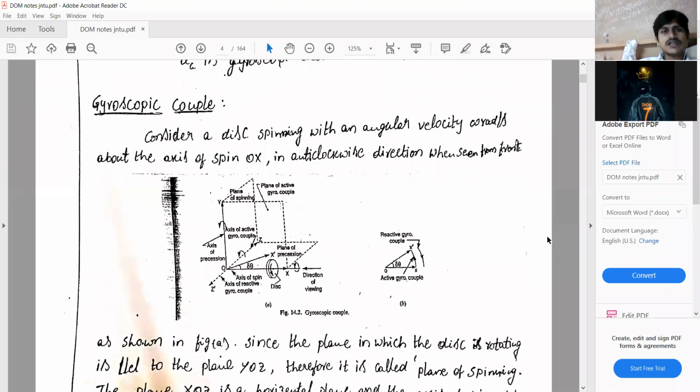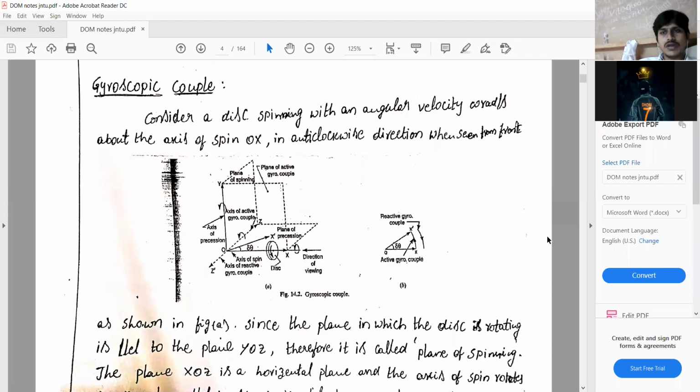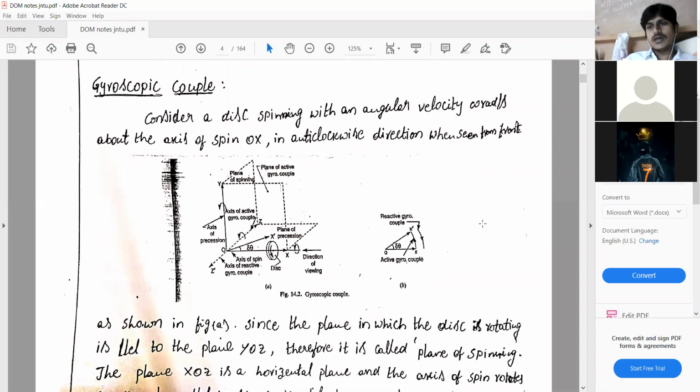It also has a similar diagram in our gyroscopic couple derivation, so all of you observe that. Couple and gyroscopic couple, already said. What is the difference between the couple and gyroscopic couple? Gyroscopic couple means the rate of change of angular momentum is known as gyroscopic couple.